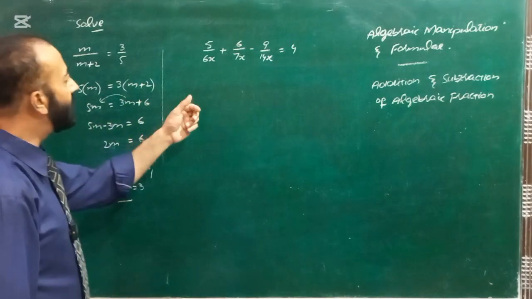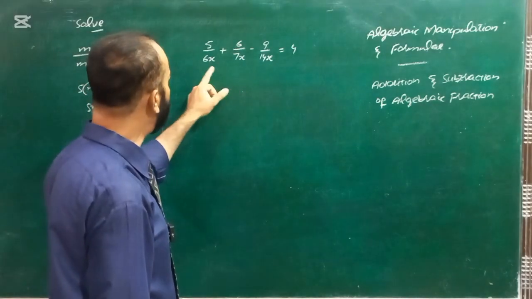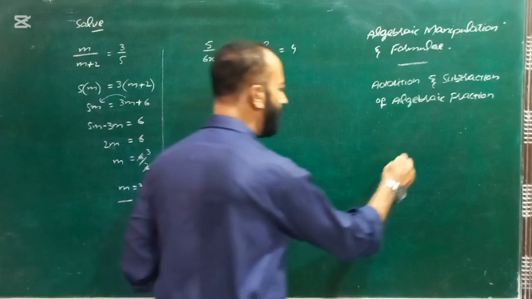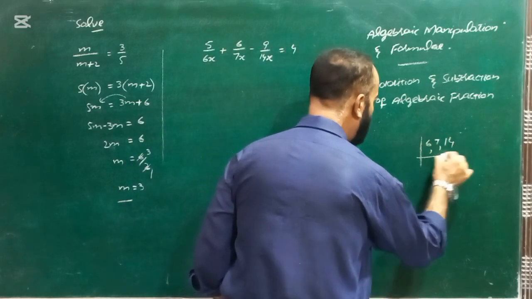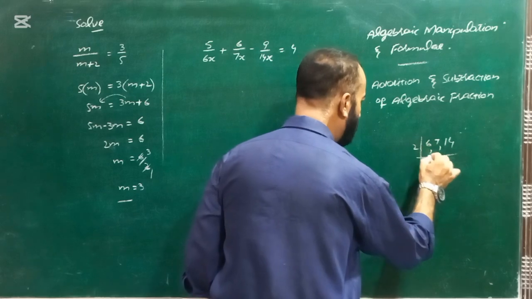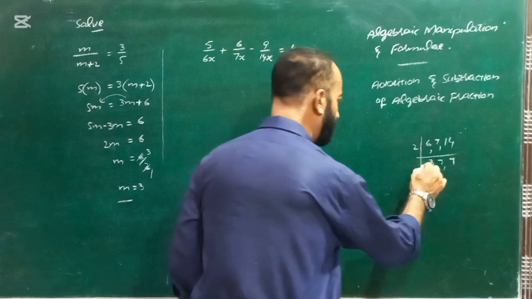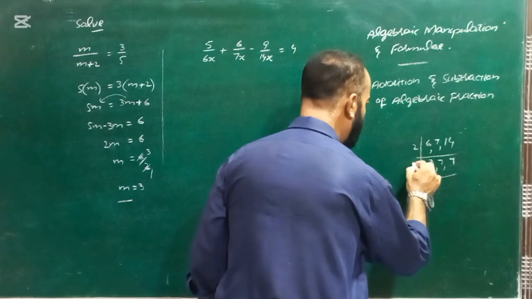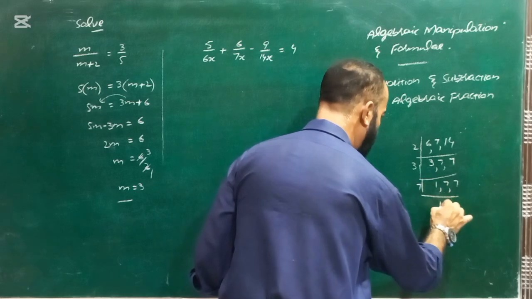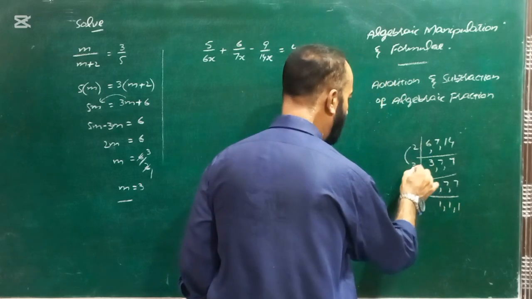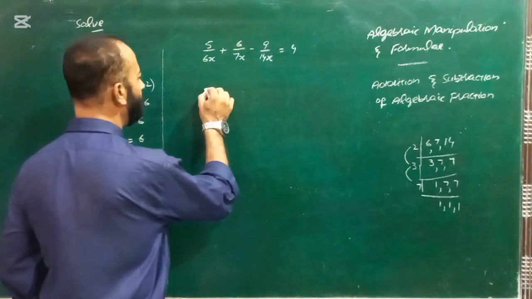In this question, you can see we have to take the LCM because there are plus and minus signs in between them. So 6, 7 and 14. So look now, 6, 7 and 14. We have to take the LCM of these values. So 2 threes are 6, 7 is still there, and 2 sevens are 14. So next 3 ones are 3, and finally 7 ones are 7. So 2 threes are 6, and 6 sevens are 42. So 42 is the LCM,